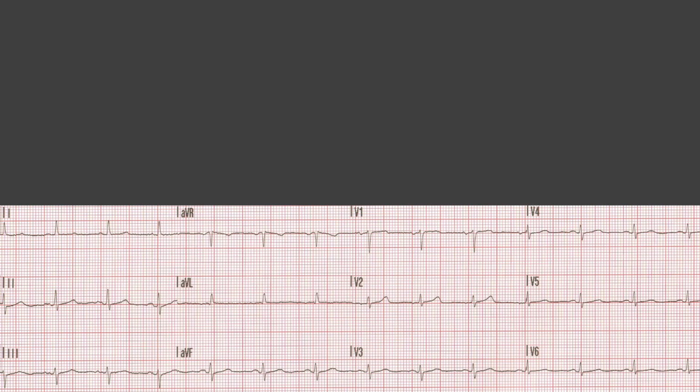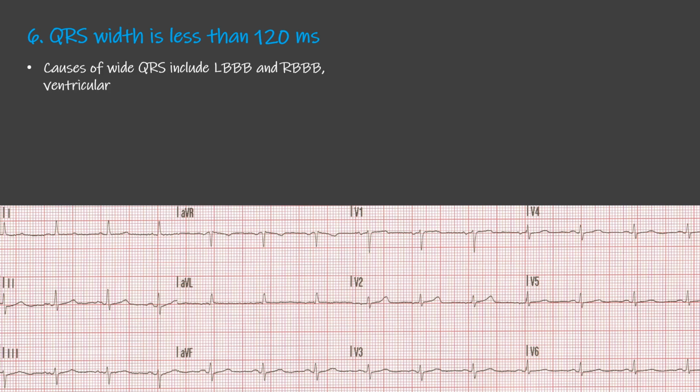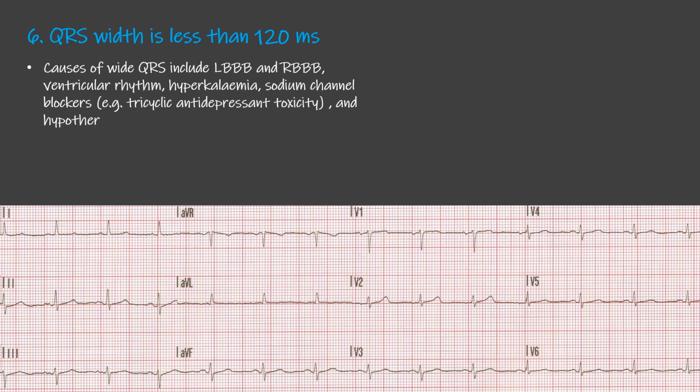So the next thing we're looking for is for the QRS width to be less than 120 milliseconds, or 3 small boxes. Anything more than this is a wide QRS complex. And a wide QRS complex is typically caused by abnormal or slow pathway of conduction through the ventricles. So causes include left and right bundle branch block, ventricular rhythms, hyperkalemia, and sodium channel blockers such as tricyclic antidepressant